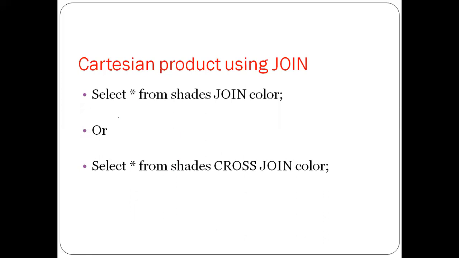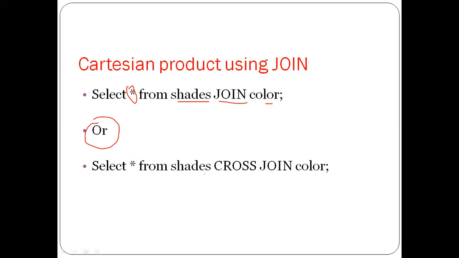See here, the same tables I am using, that is colors and shapes. Select star. All the records will be selected from shapes. Here, see, join colors. Instead of writing the table with the column name, you just directly write select star from shapes join colors. So both the shapes and colors tables' values will be joined together. Also, you can write cross, or it can be used. So how to use cross?